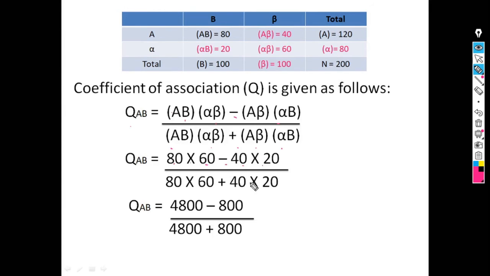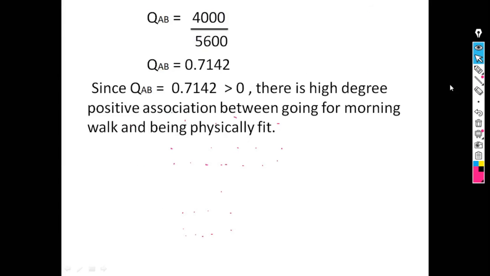Similarly, the same things in the denominator, only the sign changes. In the numerator the sign is minus and in the denominator the sign is plus. So 80 into 60 is 4800, minus 40 into 20 is 800, divided by the same thing, 4800 plus 800. Now 4800 minus 800 is 4000 and 4800 plus 800 is 5600. So 4000 divided by 5600 is